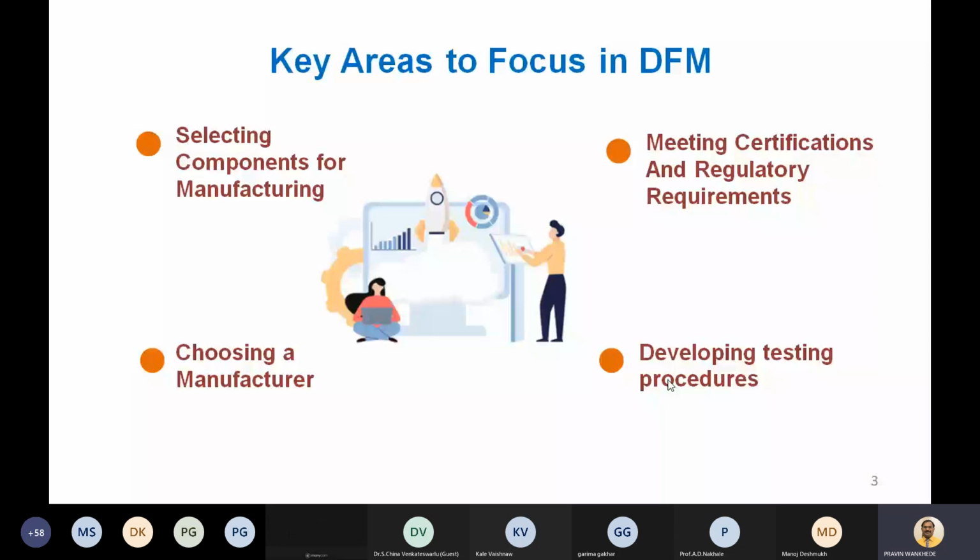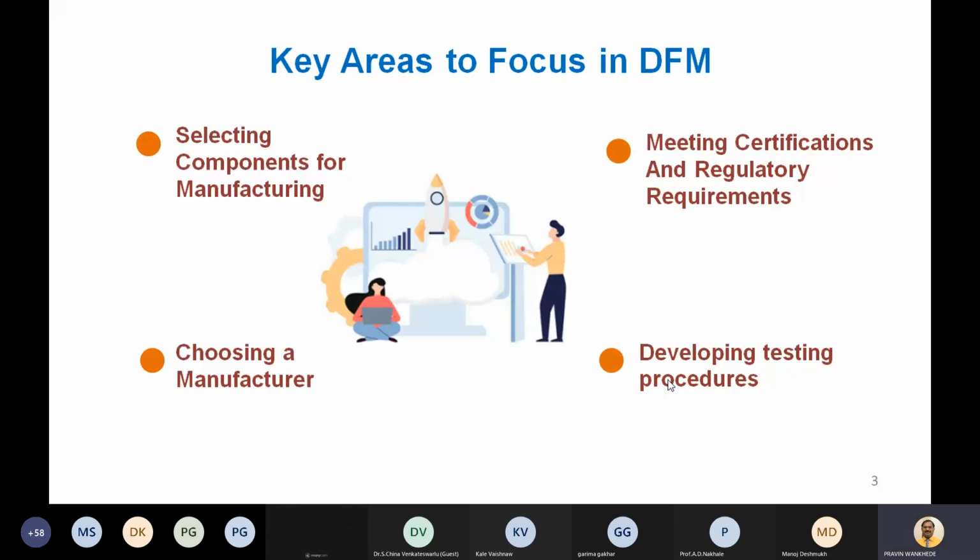It partially depends on the product you are manufacturing, and how many units you are manufacturing, which is very important. If you are just manufacturing 100 products or 1000 products, it is not a good choice to select a manufacturer overseas, because if within a month or two months you are developing only 1000 products, then it will be good to go with a manufacturer or supplier who is supplying within the local reach.